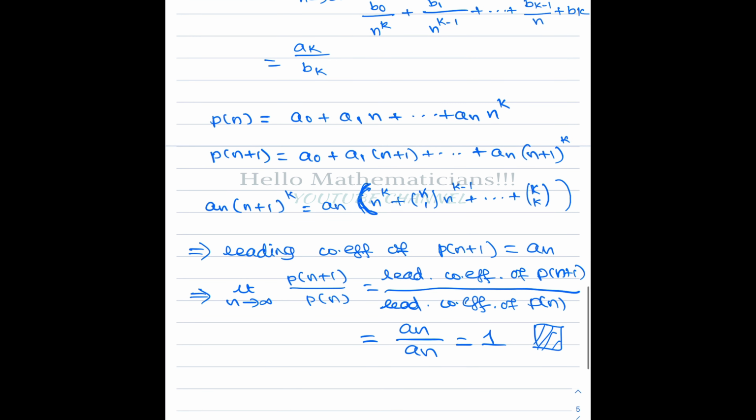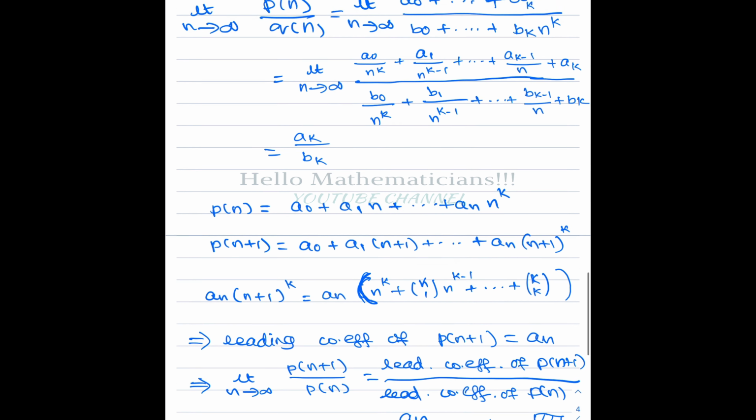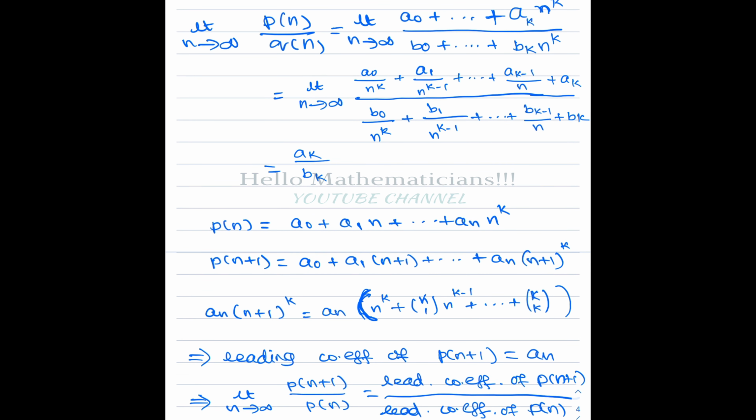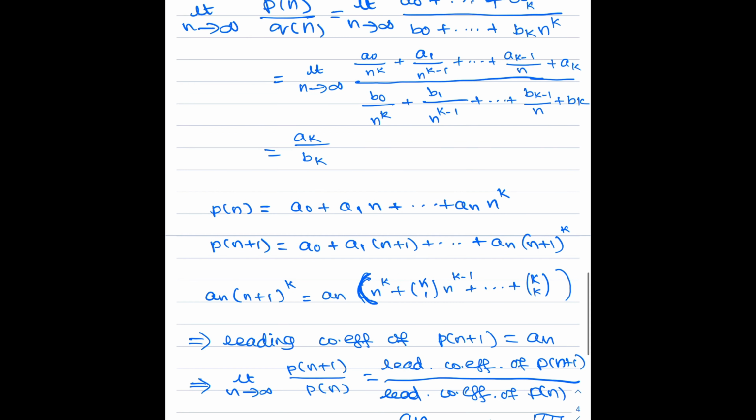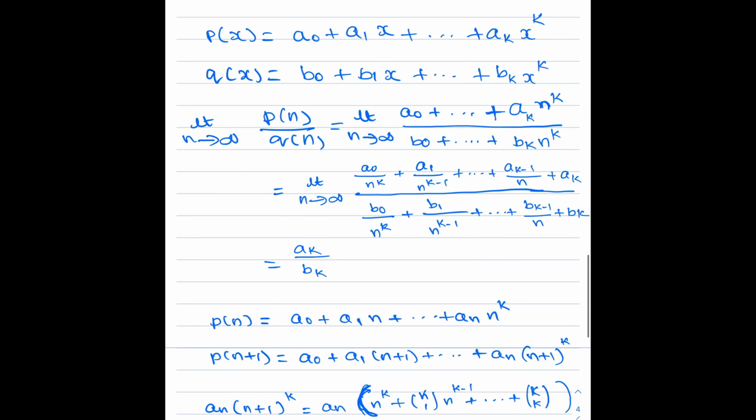Now, the limit n tends to infinity of p of n plus 1 by p of n. What is the value? We just saw that whenever you apply it to polynomials, the answer will be the ratio of the leading coefficients. Both have the same leading coefficient an, therefore this is equal to 1. Therefore the limit of p of n plus 1 by p of n equals 1. You can put the modulus and take the limit also, no problem. Modulus is a continuous function, so you can take the limit inside.